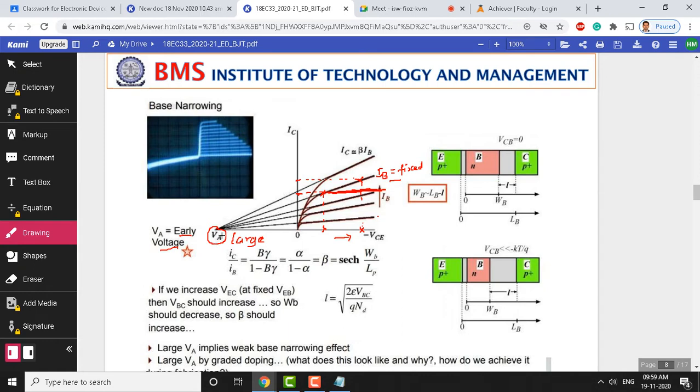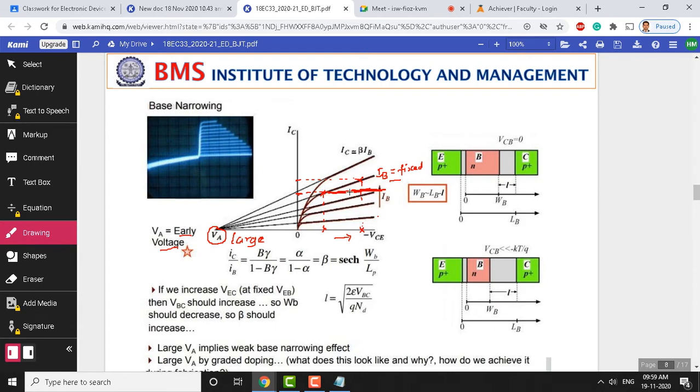For a small value of VA, the amplifier is not good. Usually for a good amplifier, we expect large VA. Larger VA means the collector current is independent of the collector emitter voltage. These are the characteristics you observe on the cathode ray oscilloscope. You can see the curves almost look like straight lines here, and if you project all these lines, the VA intersection is at infinite value because of slope 0 here.